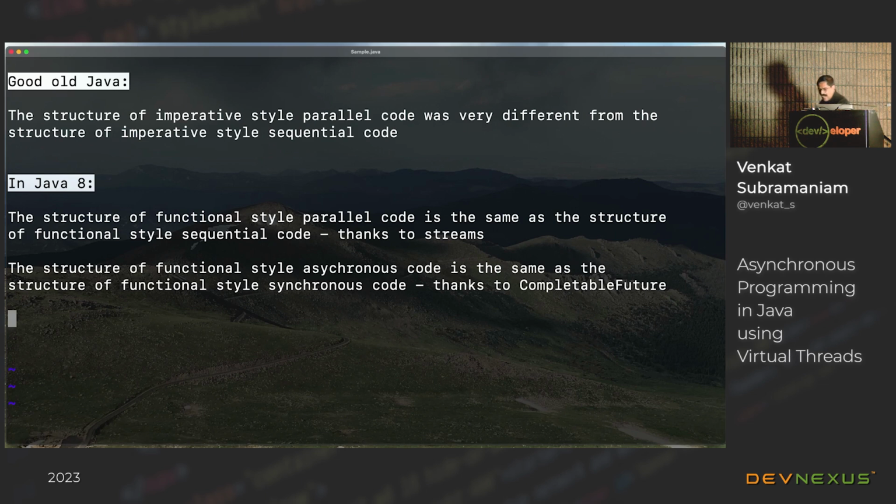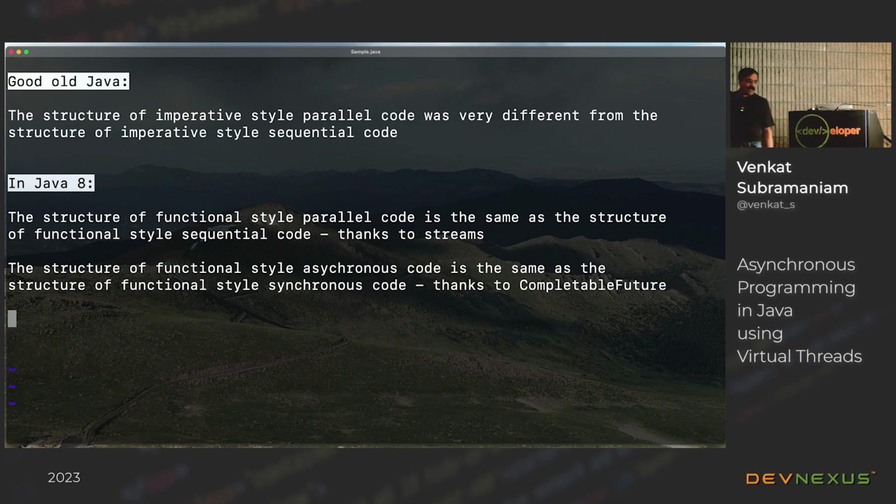Now, this is great so far, but did you notice a little pattern here? If you want to benefit from the same structure, you have to write code in functional style. Don't get me wrong, I love functional style. But at the end of the day, it is a tool. I'm not going to say that's the only way to write code. There's a saying about a person with a hammer: they look at everything as a nail. That's dangerous, especially the flies on somebody's forehead. So we have to be careful.